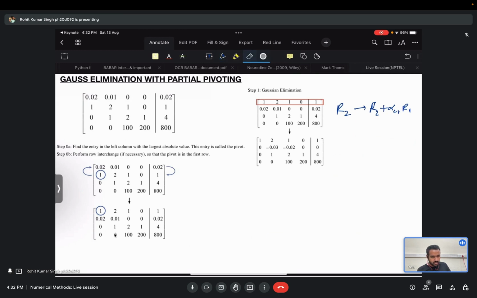So as you see, what was our alpha 21? Our alpha 21 was minus A21, and A21 was 0.02 divided by A11. So as you can see, for the A22, you will have 0.01 minus